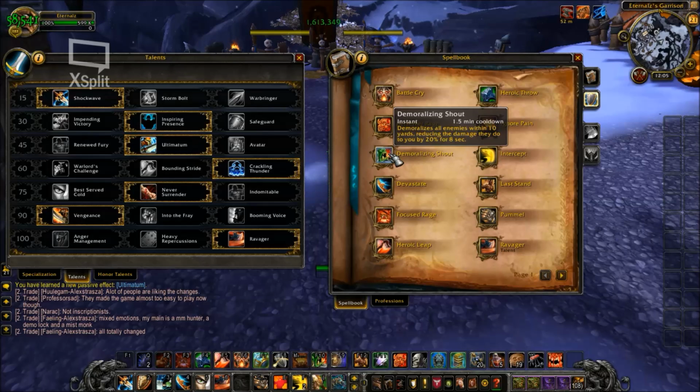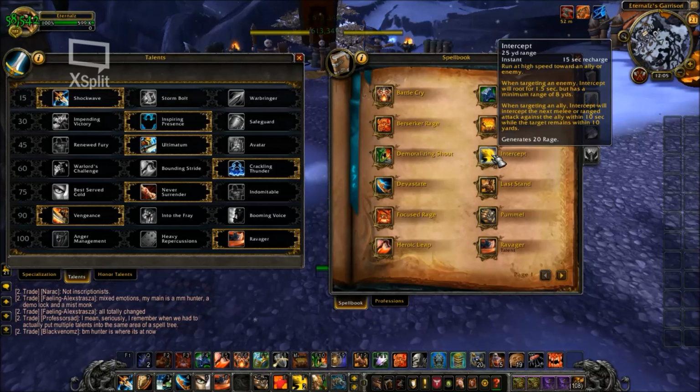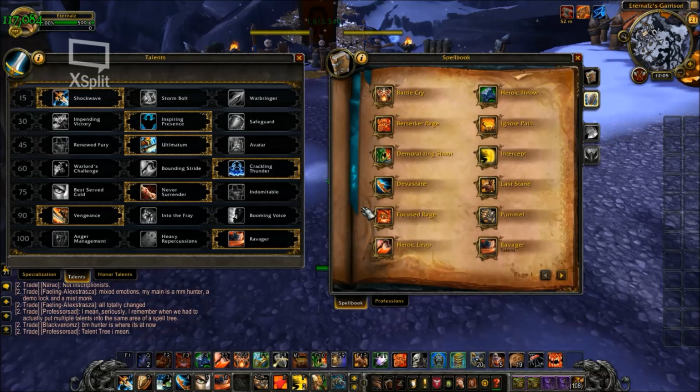Demoralizing Shout reduces damage you take by 20% for 8 seconds. It's kind of an emergency survivability cooldown. Intercept can now be used on an enemy or an ally, and if you use it on an enemy, it roots them in place for 1.5 seconds. That is what we have as Charge now. Charge is no longer a spell for Prot warriors, so you're going to be using Intercept. Devastate is your